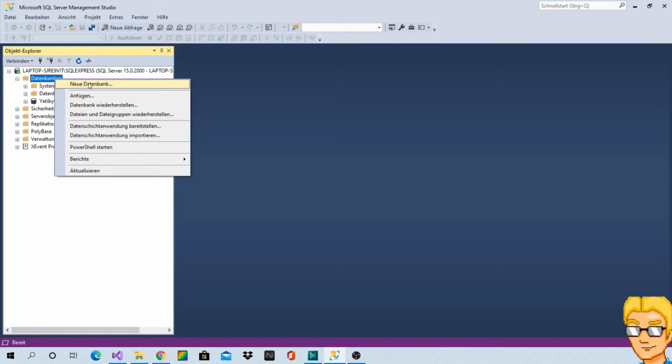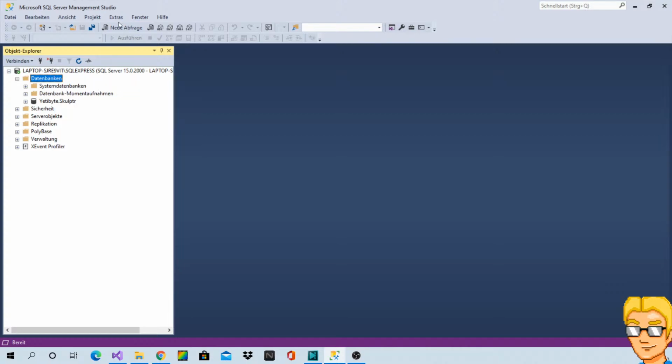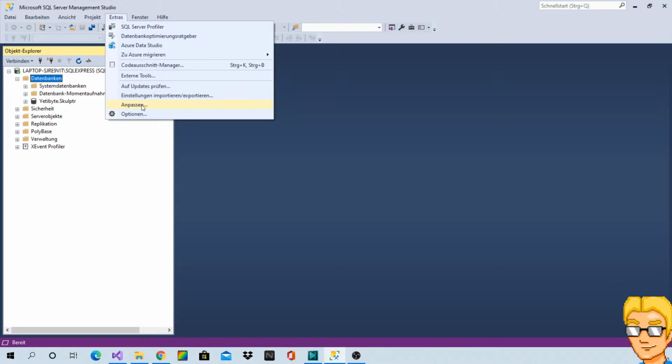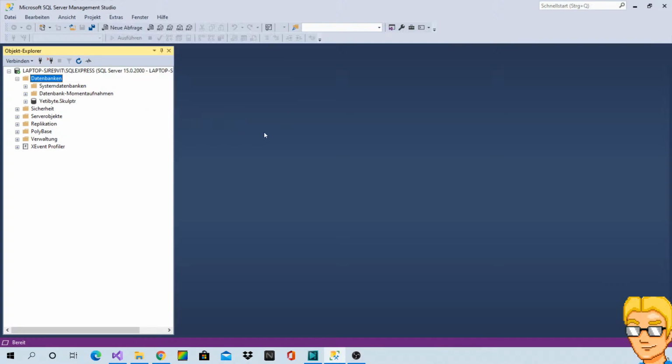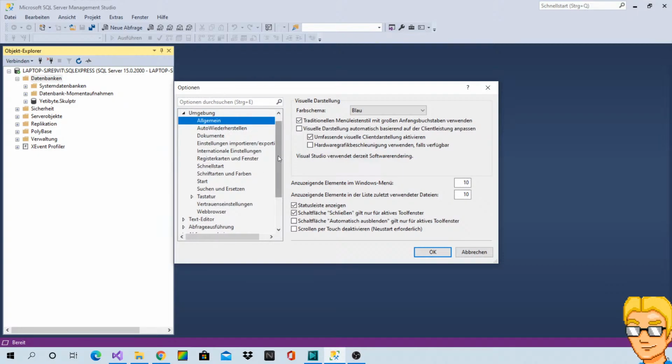And obviously you can see that my SQL Server Management Studio is in German, so I apologize for that, but we're just going to have to deal with that. I'm not sure if I can actually just change the language. I don't think so.